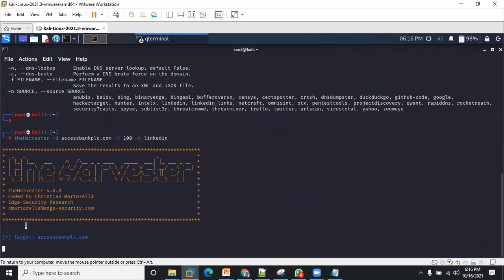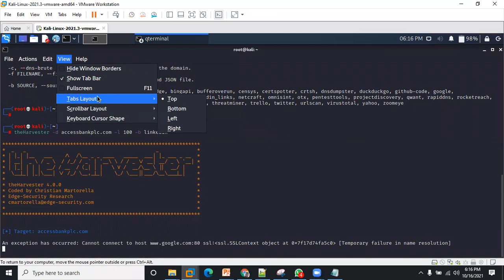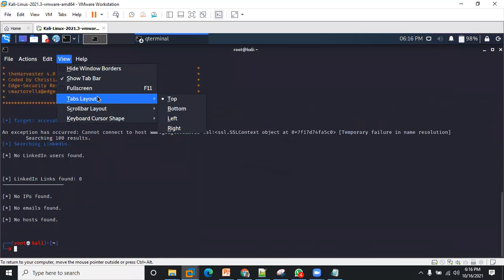So it will start the harvester tool, right? As you can see, it starts the harvester tool and tries to scan the assets. Okay, so let's see. Do we need to put in